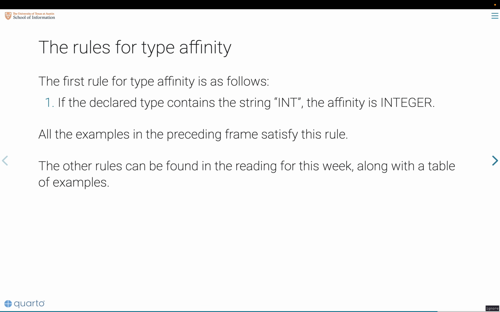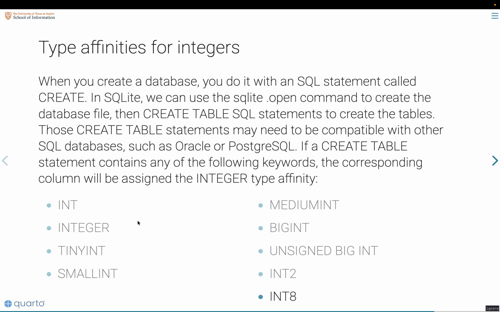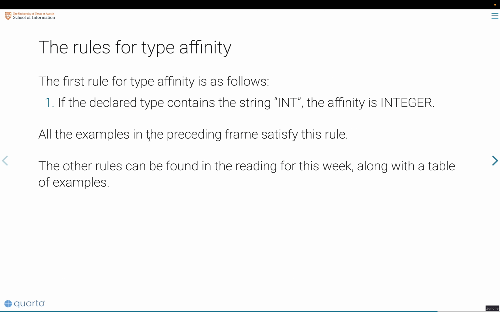Okay, so the first rule for type affinity is as follows. If the declared type contains the string int, the affinity is integer. And all the examples in the preceding frame have the string int in them. So the affinity is then integer. And then there are like